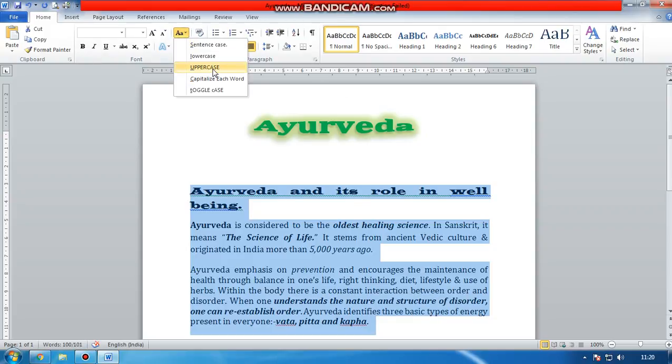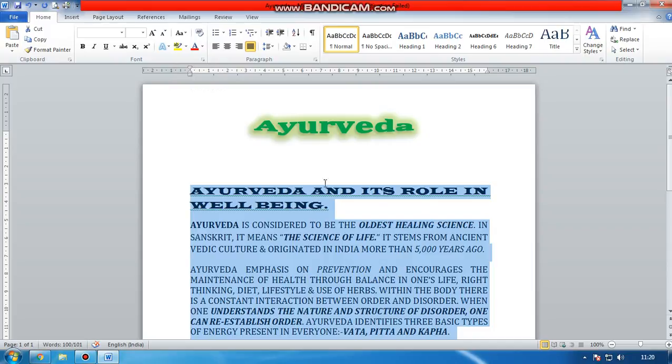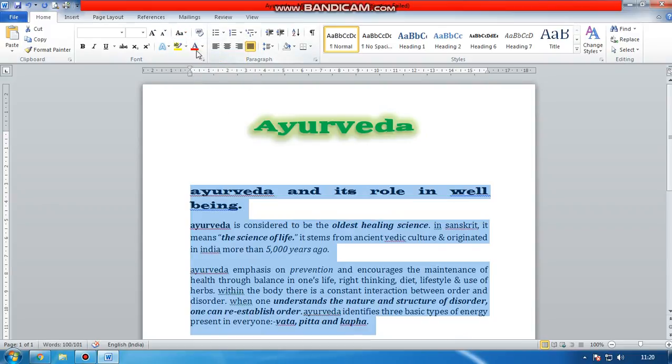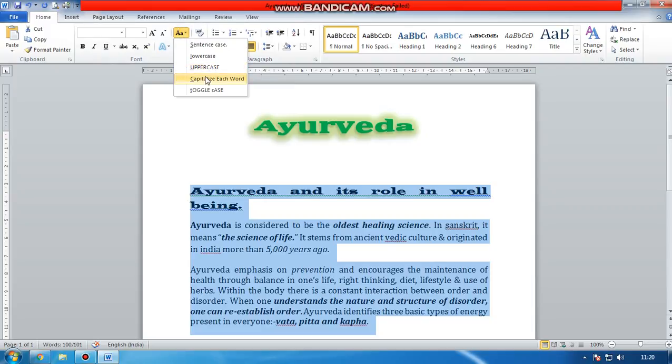If you want it to convert into uppercase, the entire paragraph or article will be turned into uppercase. This is your lowercase. In lowercase, the first letter of the sentence also becomes small. Now preferably we always choose sentence case. Then you also have capitalize each word.